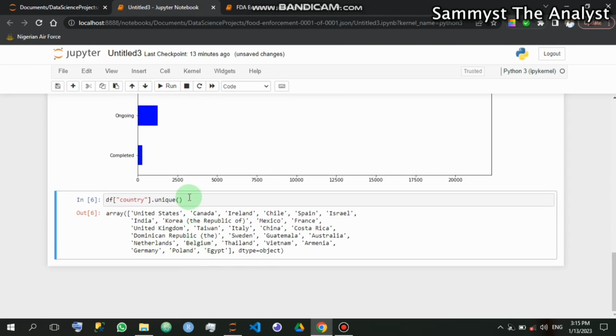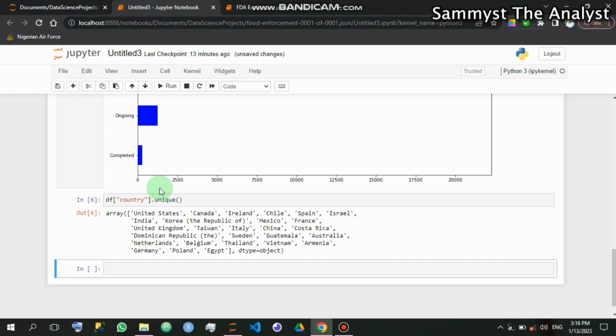Okay, so you can see that there are quite a number: United States, Canada, Ireland, Chile, down to Egypt. So these are the countries that are covered in this particular data set. So now, to be able to know it, I'm going to first of all isolate these countries, and then after isolating the country, I will now plot the graph. So I will do that. Now isolating the country,